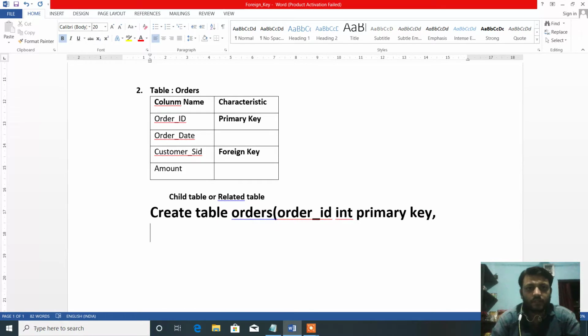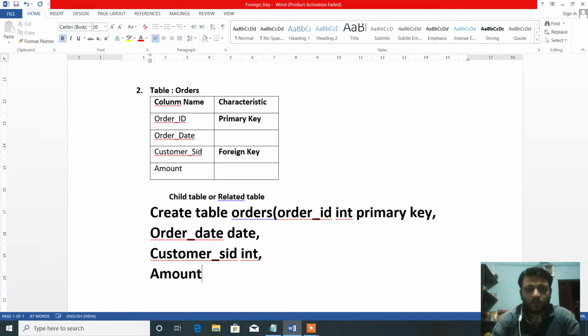Clear? Second column name is order date. Its data type is date. Next one is customer SID and its data type is integer. Okay, and the last column is amount and its data type is integer.